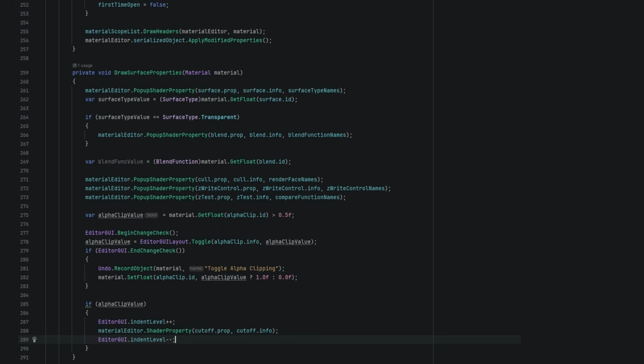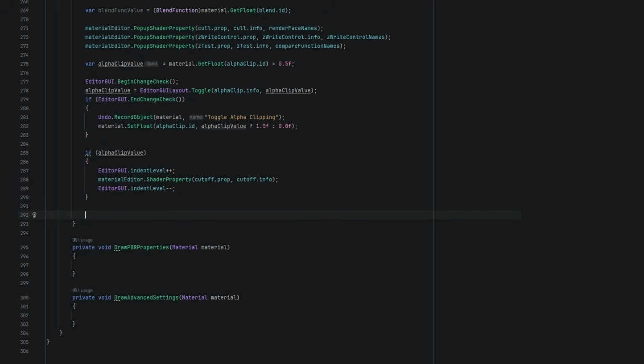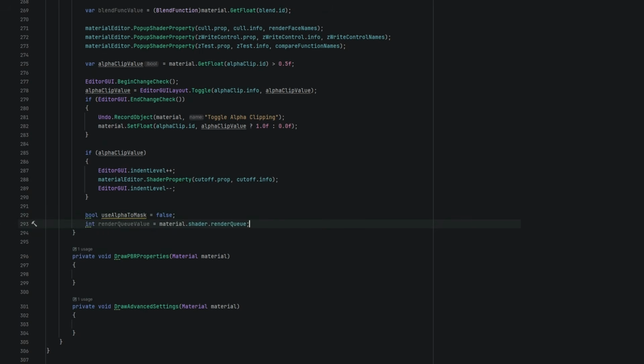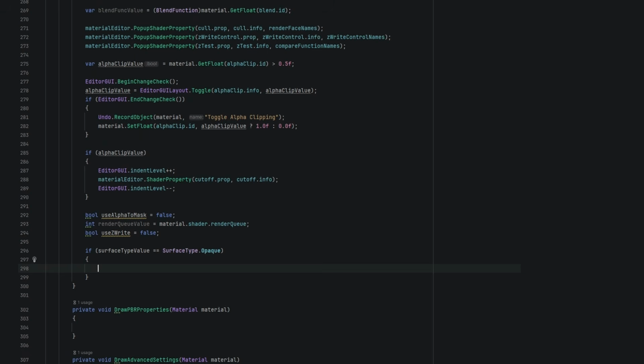Right now, most of these settings don't change the shader's behavior, because as I mentioned, we need to do the work of setting keywords and render modes here in the GUI script. That depends on the surface type and the blend function we chose. Let's set up some variables for the default states of alpha to mask, the render queue value, and whether we write depth. If the surface is opaque, then we can use the SetBlendMode method that we wrote earlier to make